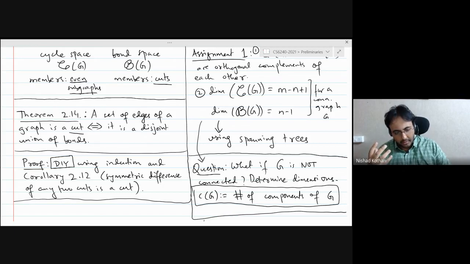Okay. There are also topics in graph theory which we may not be covering in this course. There is a very beautiful topic called integer flows of a graph. This is chapter 21 in Bondy Murty, where again you start seeing some deep connections of these algebraic spaces with unsolved problems in graph theory. These are called Tutte's flow conjectures. Unfortunately, in this offering of the course, I don't think I'll be able to cover that. But we will definitely get a better understanding of planar duality using these two algebraic subspaces. Okay.